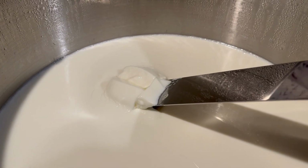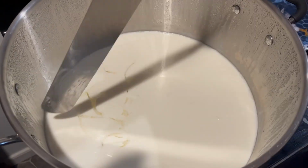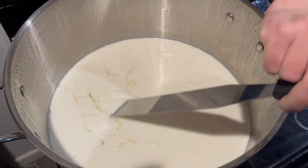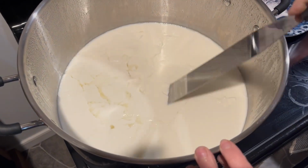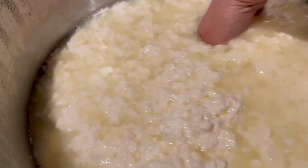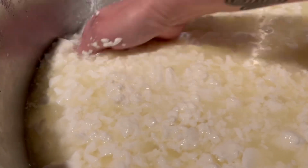See how that's not sploogey? It has a nice clean break, and now I can cut these into 1/2 inch cubes, and then I'm going to put the lid on it and let the curds rest for 5 minutes, and we'll come back and I'm going to stir this and raise the temperature over 30 minutes to 100 degrees, which is pretty much at 100